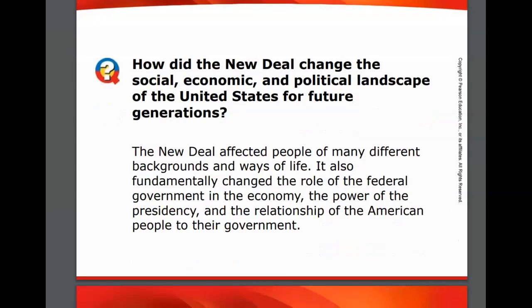So some vocab. You'll notice the vocab as you're going through part 3. All right, so our first question here: how did the New Deal change the social, political, and economic landscape for people to come? Well, we know that the New Deal provided much needed relief from the Depression for many people. It enacted many reforms to try and guard against a catastrophe like this ever happening again. But like I said, it did not end the Great Depression. World War II, with all of the massive military spending, would finally end the Great Depression.